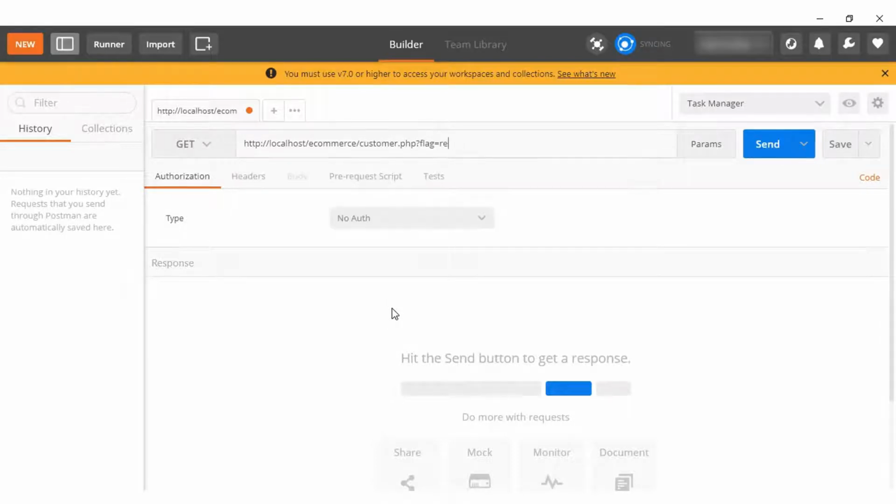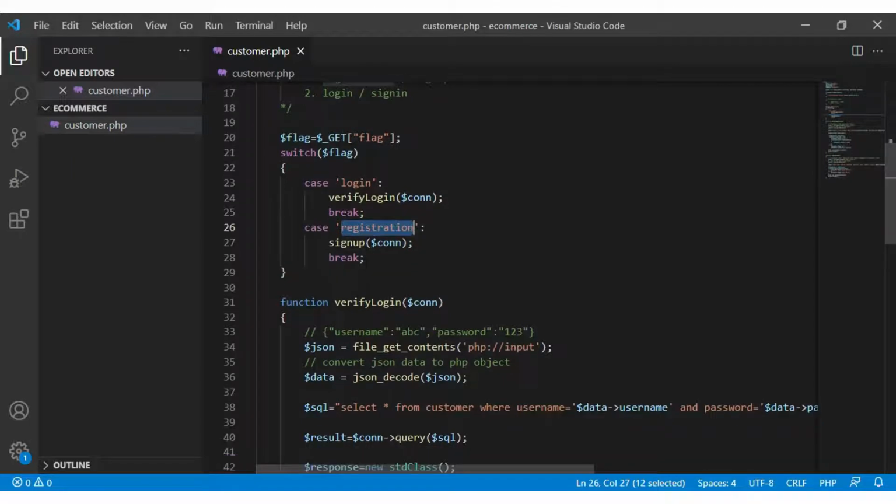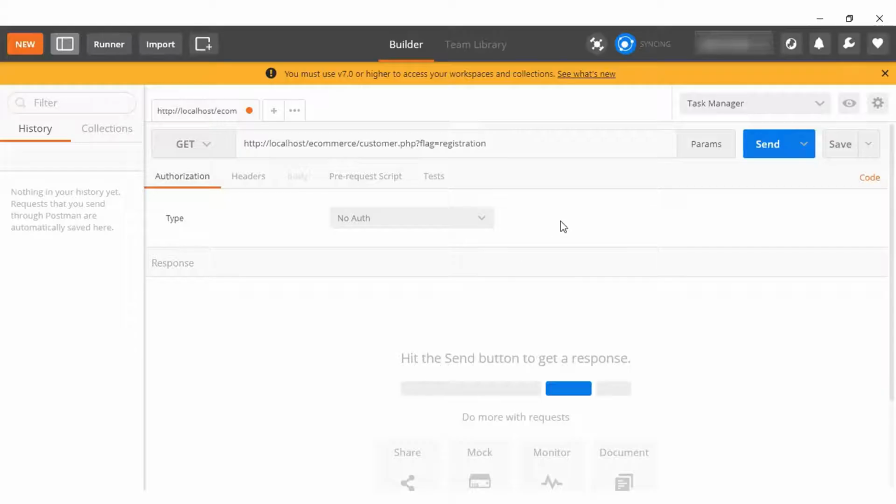Not sign up exactly, it is registration. You can see in our Visual Studio Code we have the registration value. If the flag value is registration, it will go for the sign up code, and we have a sign up function there, right? That's why we are passing the registration value here.